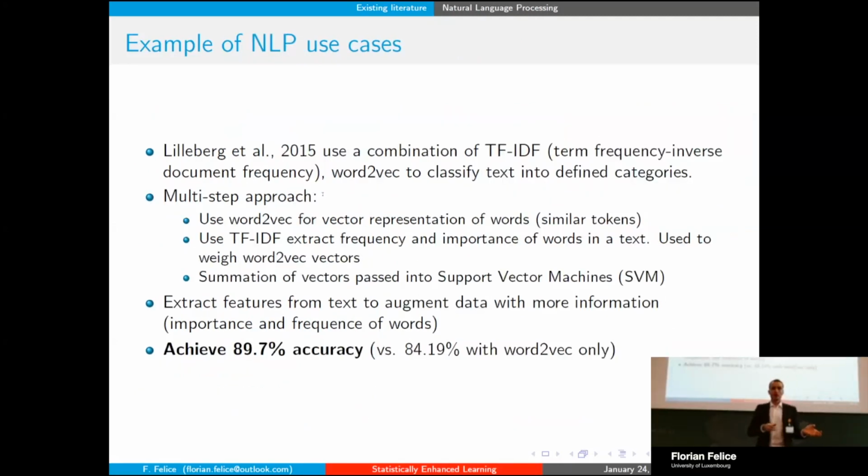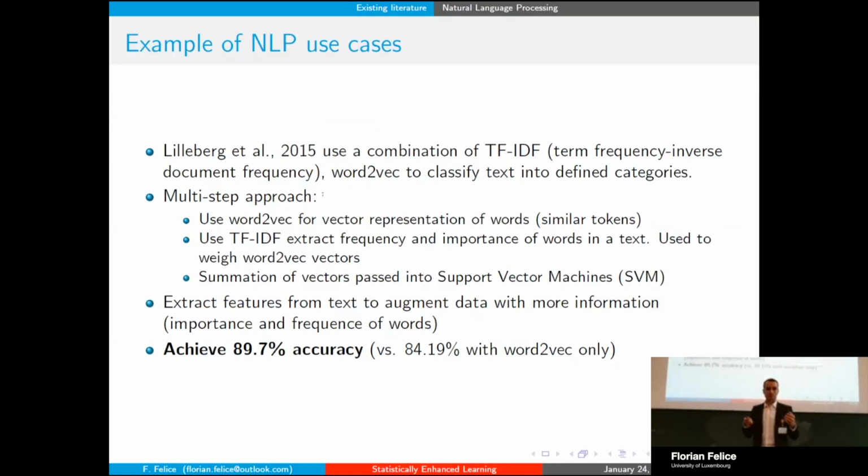In another use case, if I go for natural language processing, so for text, if you want to classify a text, like a tweet, for example, which was this specific example, and define the sentiment of a text, whether it's positive, negative, or neutral, you may use different techniques. There are some techniques that exist that are called, for example, TF-IDF, which is term frequency inverse document frequency, where the idea is that within a text, within a sentence, for example, you have lots of words that you take as a token, and you try to measure the frequency of appearance of each of the words and also their relative importance for the document, how much importance and information it carries through the document.